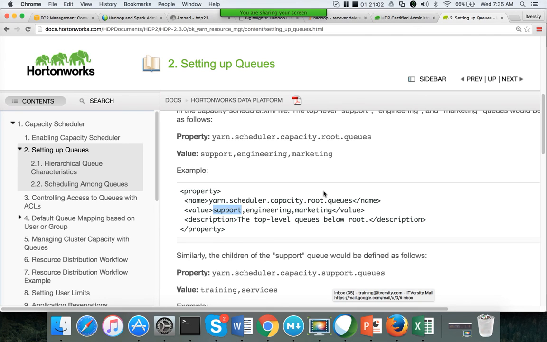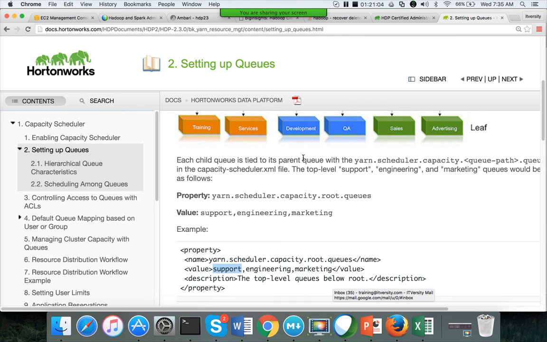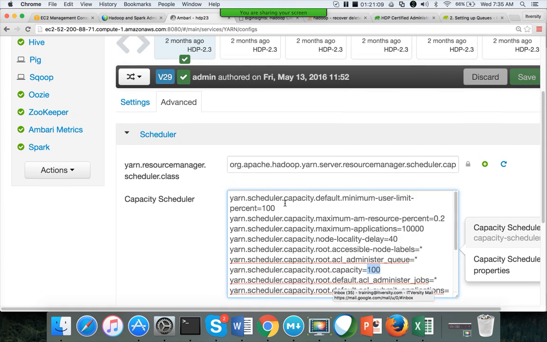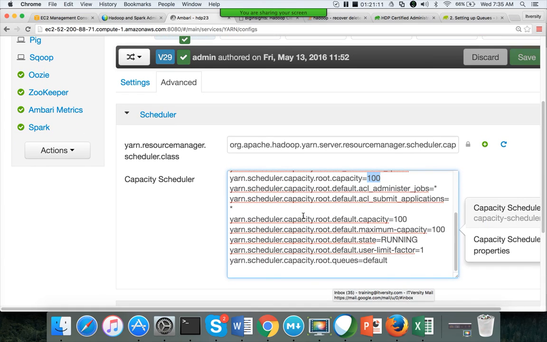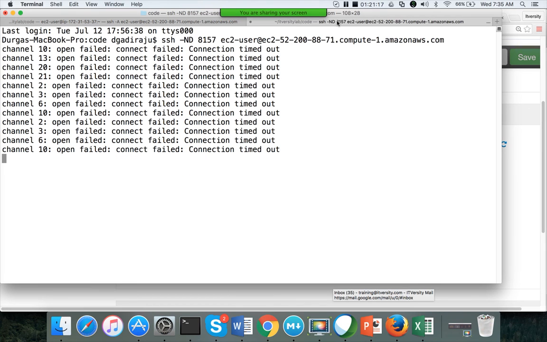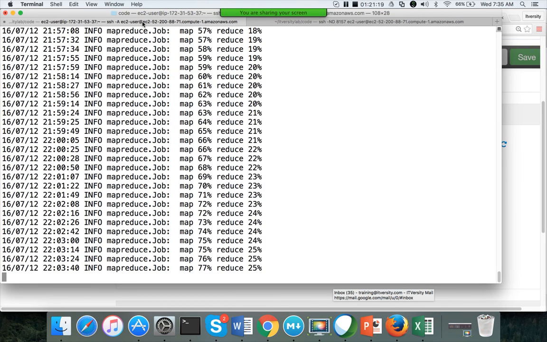Go through this documentation, and go through the XML files. If you go through the capacity-scheduler.xml file, you will see the exact details in XML format on the browser, and on the command terminal the location is... I am killing this job. It will not be killed, it will still be running in the background, but I got the control back so that I can show you: cd /etc/hadoop/conf.